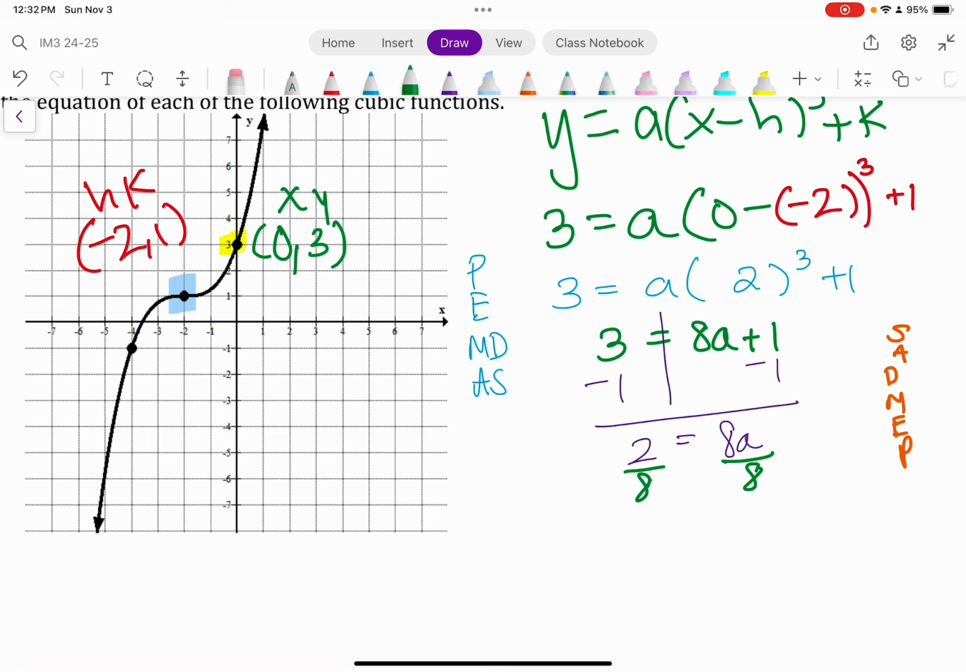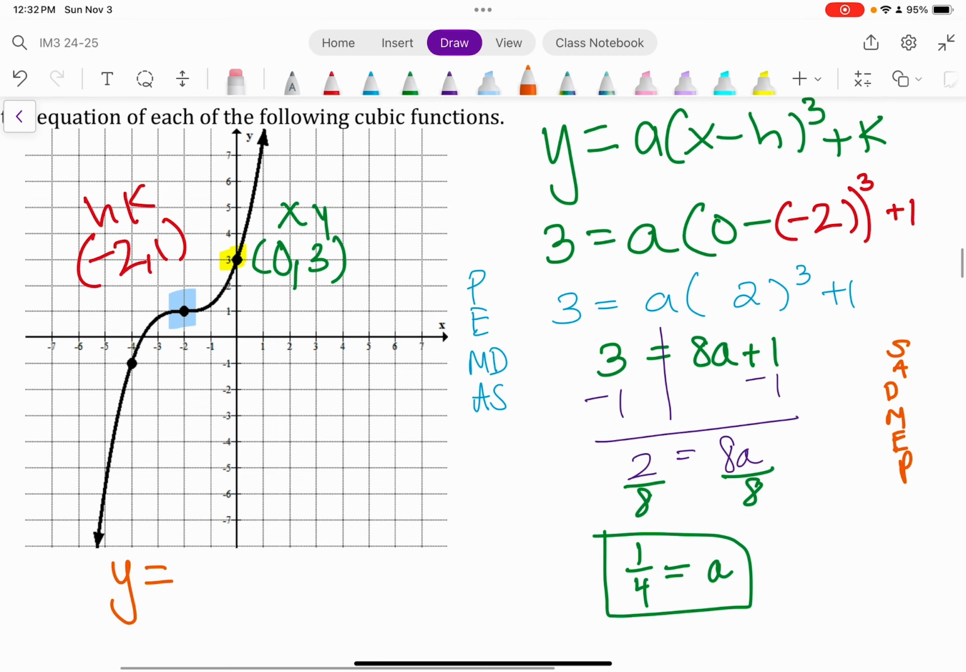So 2 over 8, unfortunately, is not simplified. We would need to simplify that. Both of these numbers are even, so we can divide top and bottom by 2 to give us a final answer of 1/4. Now, this is part of your final answer, but it is not the entire final answer. Your goal is to write an equation. So you're going to